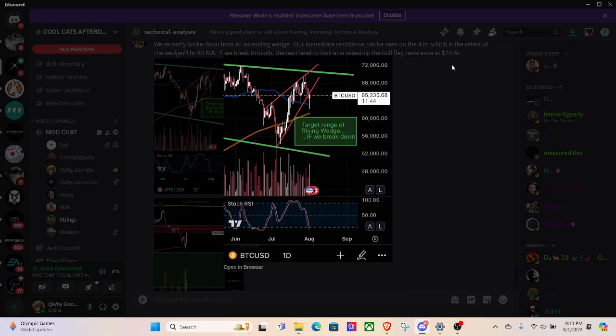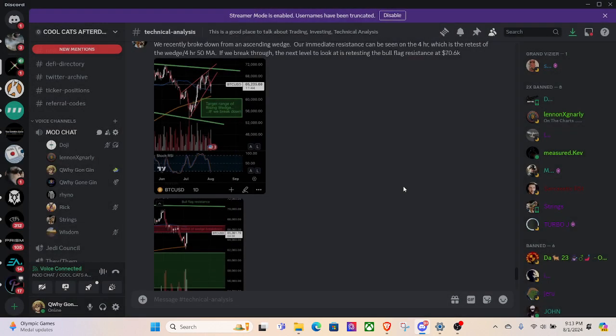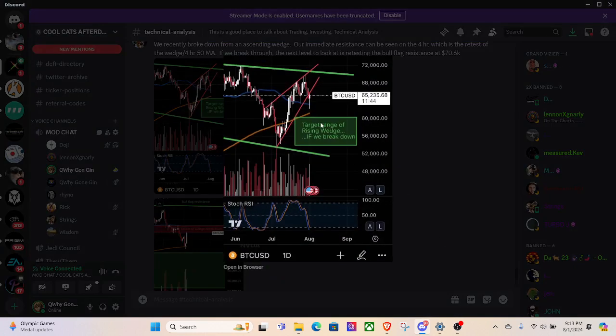Sure, I'll keep it short and sweet. You've already pretty much covered everything that I would have mentioned in that. So I can just summarize what my thesis was in those screenshots that I posted. Okay, cool. So I'm on the first one now, where it's got your target of the rising wedge. Right, so the daily time frame. So the daily close that we had today, we did break down from a rising wedge,